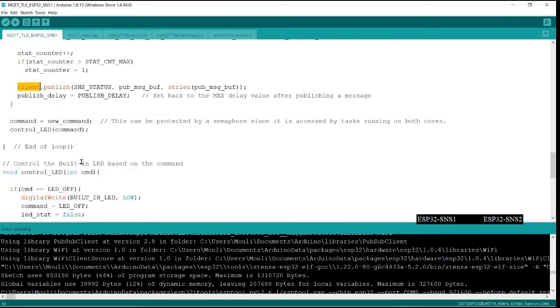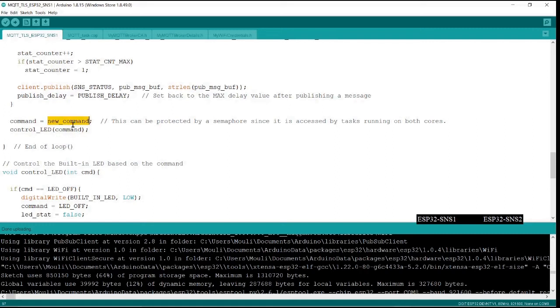Now, what happens here is we publish it very often based on the rate, and then I also control the LED, because this is a new command which is getting updated by the task running on the other core, getting reflected here in this variable, which I am copying because I don't want to access this variable more often. So I take it once and then use it locally. If during this time another command has come, it will be taken in the next iteration. So there may be a little bit of delay because two different tasks are handling it.